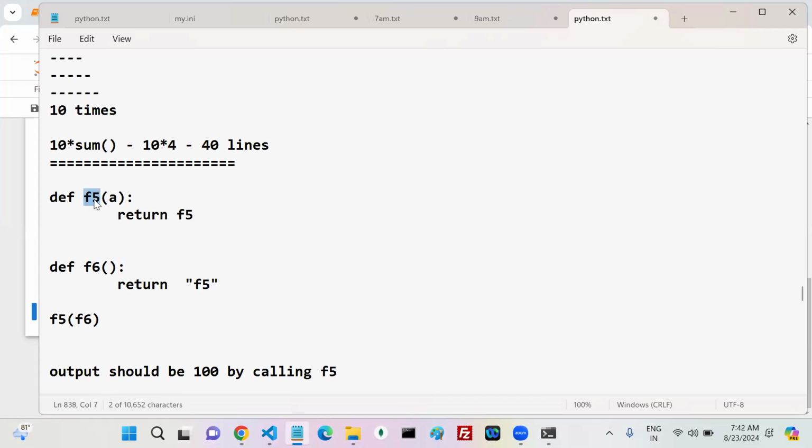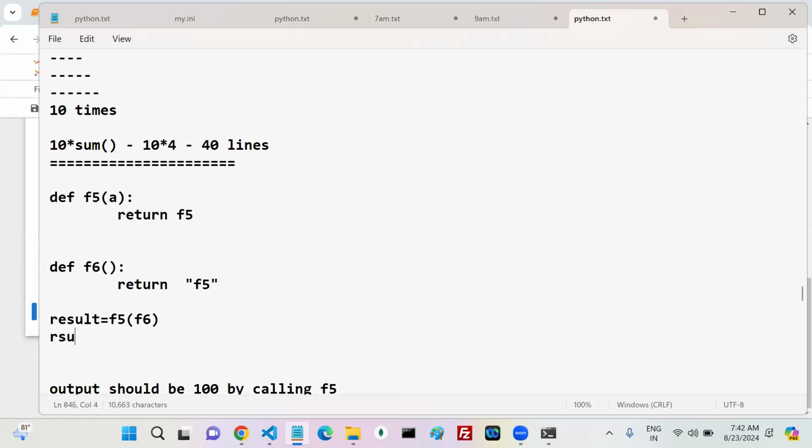Now come to this one. My F5 returns me what? F5. My F5 returns me some result, so can I hold that result? Now my result is what? F5 or not? Yes or no? My result is F5 or not?